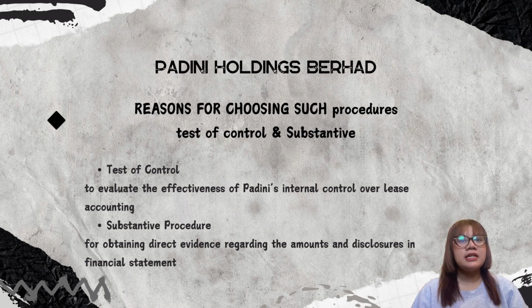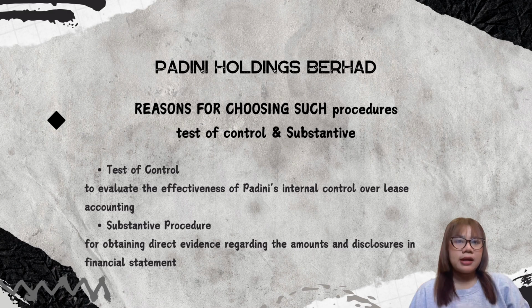To address these key audit matters, auditors employ a combination of tests of control and substantive procedures. Firstly, tests of control are conducted to evaluate the effectiveness of PADINI's internal control over lease accounting. This involves assessing how management recognizes, documents, and evaluates lease arrangements. If the internal controls are deemed effective, auditors can place greater reliance on them, potentially reducing the extent of substantive